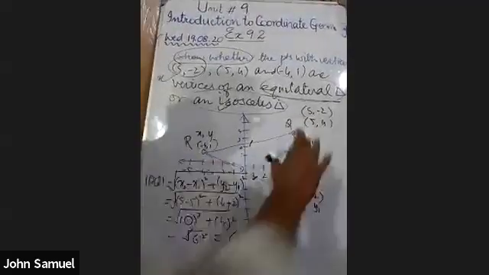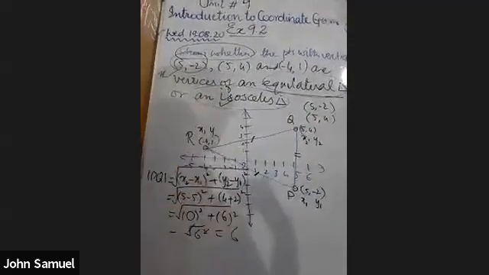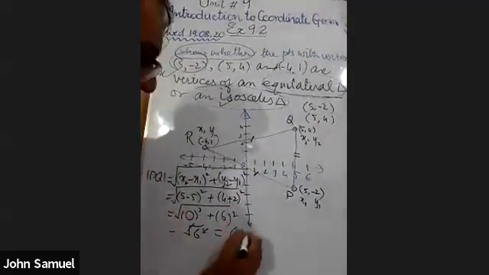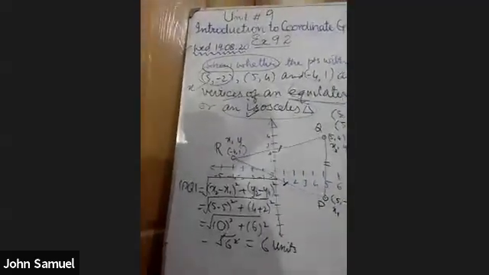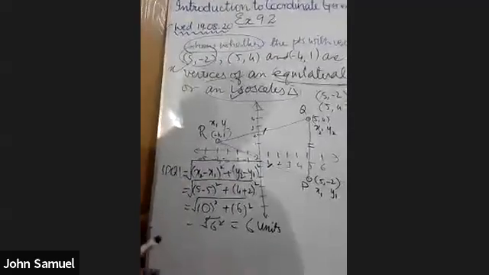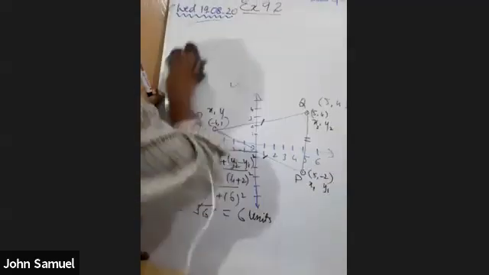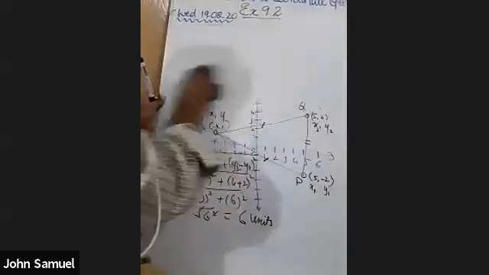ये हमारे पास 6 यूनिट आ गया, इसका डिस्टेंस आ गया 6 यूनिट, क्योंकि हमारे पास डिफाइन नहीं है कि ये सेंटीमीटर में है या मिलीमीटर में है या किलोमीटर में है, किसी में भी डिफाइन नहीं है, तो हम इसे 6 यूनिट्स कंसीडर कर सकते हैं। 6 यूनिट्स कुछ भी हो सकता है, ठीक है, 6 यूनिट्स। अब हम इन दो डिस्टेंस को फाइंड करते हैं कि ये दो डिस्टेंस किसके इक्वल आ रहे हैं। I will try to do it on the above side. ओके, सो यू जस्ट कंसिडर।